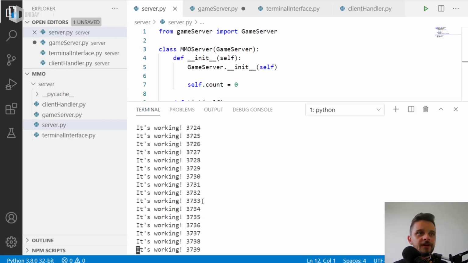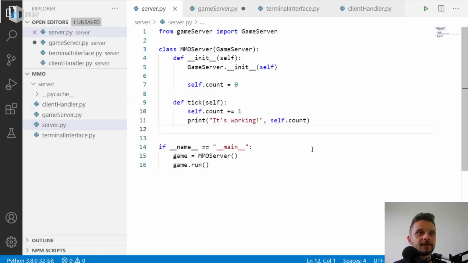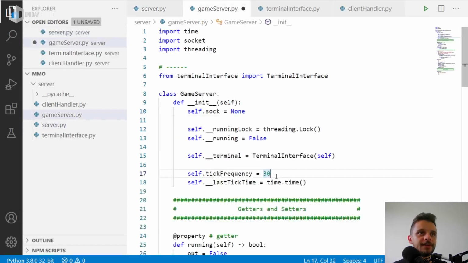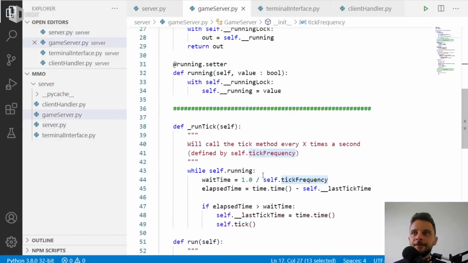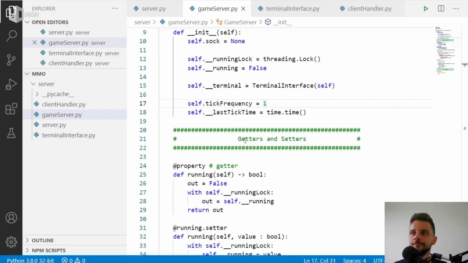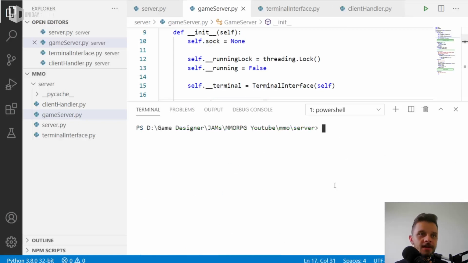So I have a lot of stuff here. It's being incremented a lot, but let's try to set the frequency to 1, like 1 frame per second. Okay, and in the run tick, with 1 frame per second in the server, if you run this, here you go,